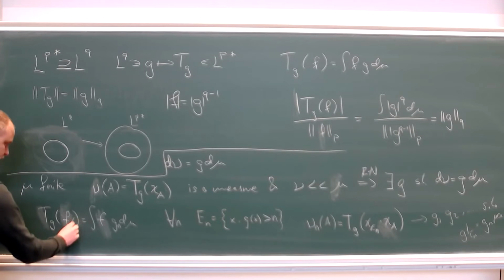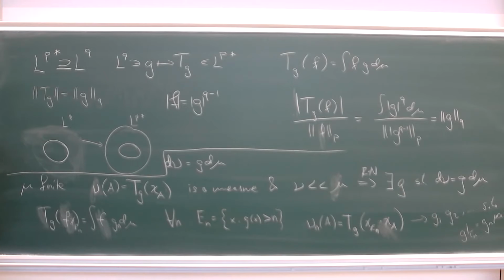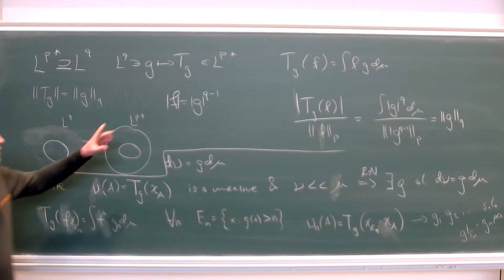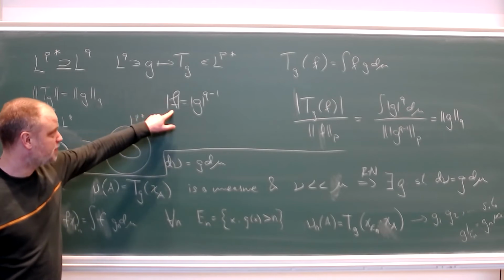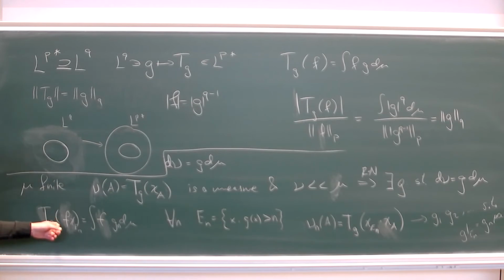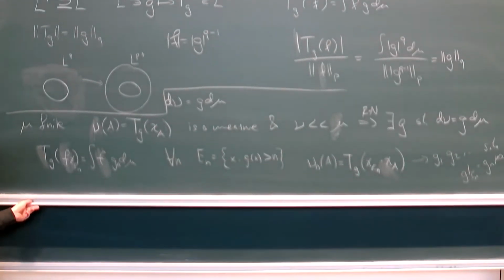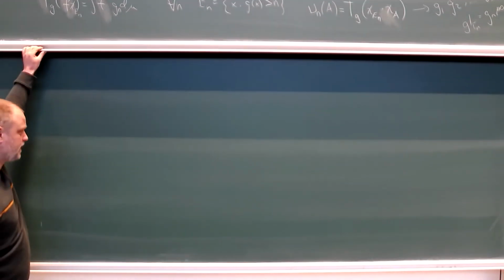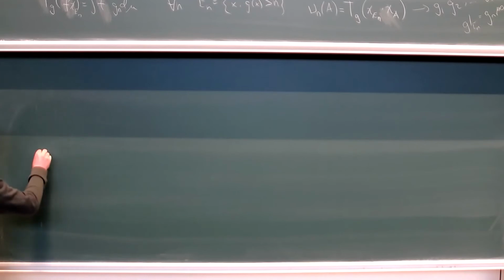And then I have to put a characteristic function of my En there. We have this formula. What can I do with this? I pick my f to be, I'll just do the same thing with my Gn, right? And I know this is bounded by the norm of G as a functional, so Tg as a functional. So what we get, I have to get a new here, is that